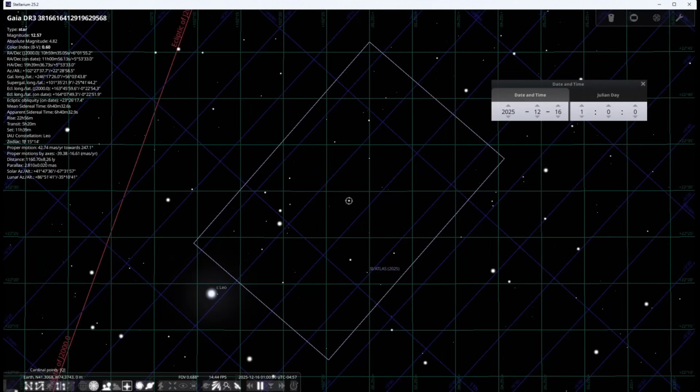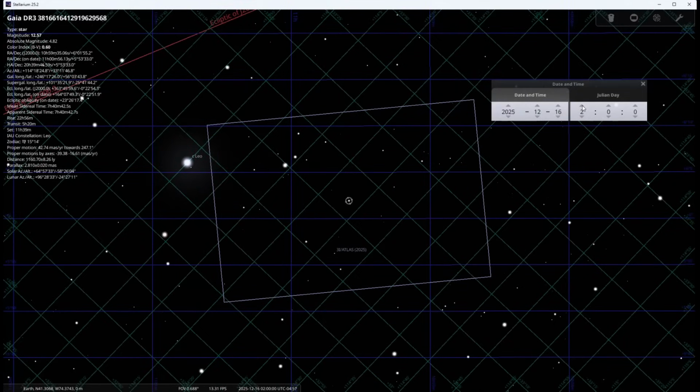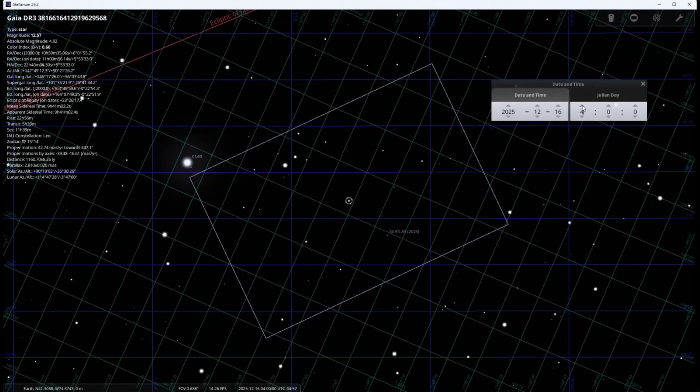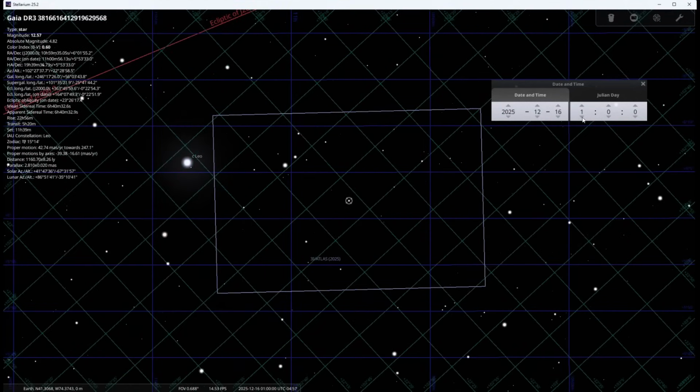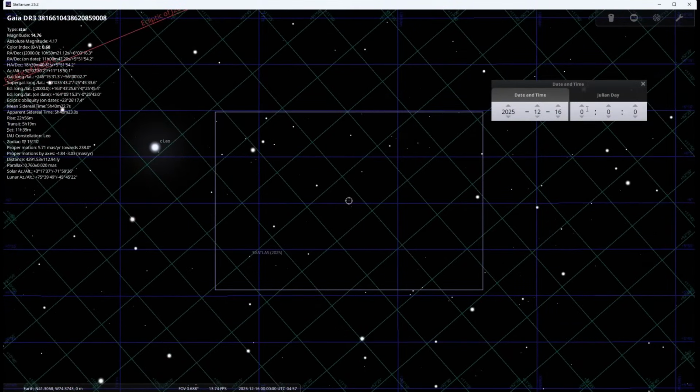Now, there are different settings that you can impose in Stellarium. I just changed to equatorial mode, and that changes how Stellarium will fixate on the object. It'll simulate a GEM mount, an equatorial mount. Now, again, I'm not sure I like Atlas in that position. I'm going to try a couple of different stars as my center point, and I'm going to reset to midnight,